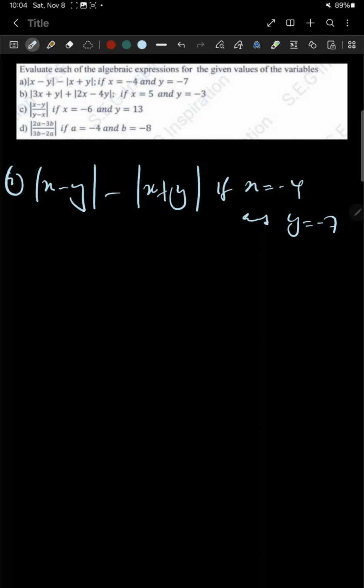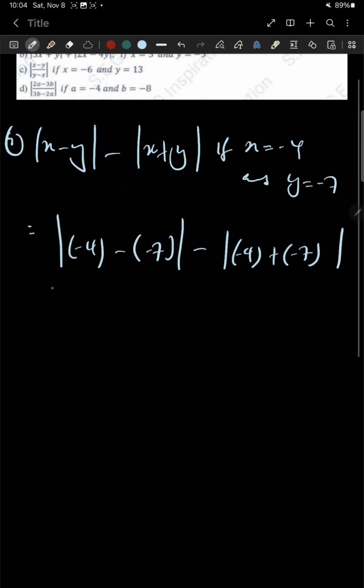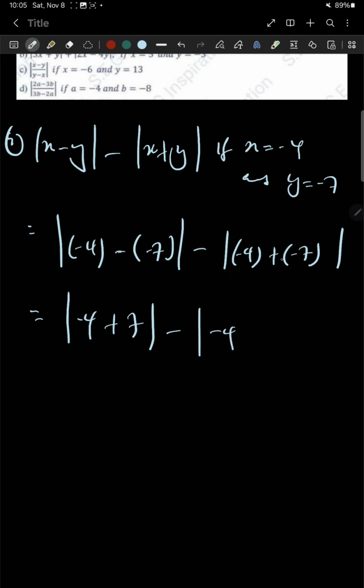So what we're going to do is replace x and y. So this will be the modulus of -4 minus -7, then modulus outside, then -4. Where there's x, I'm replacing that, and where there's y, I'm replacing that. So you need to know integers as well, very important. So -4 will just be -4. Negative times negative is positive 7, and modulus minus here to be -4. Positive times negative is -7. Then this will be 3, of course, then minus this will be